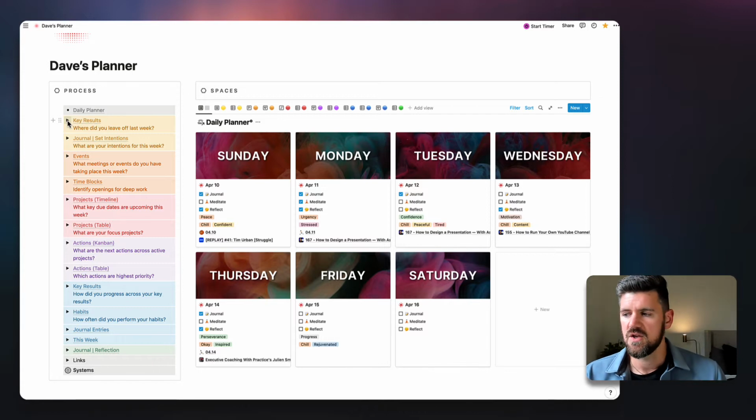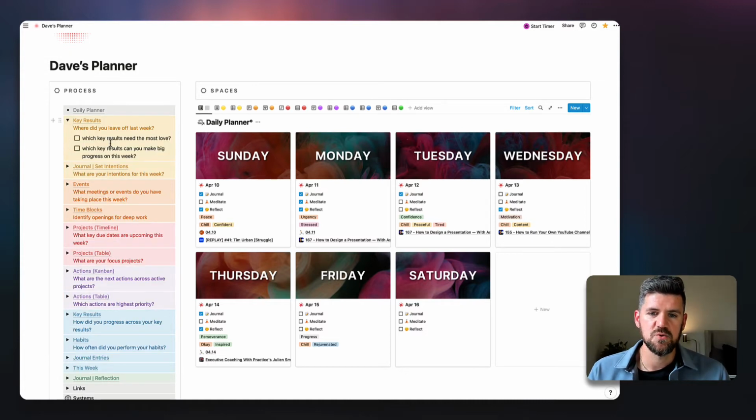So this is kind of a note-to-self thing. We've been using the system a couple weeks, and we're tired and want to remind ourselves what exactly I am doing in the key results section. Expanding on this area just gives us some insight as to what the goal is for this part.